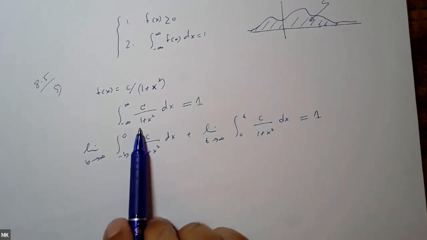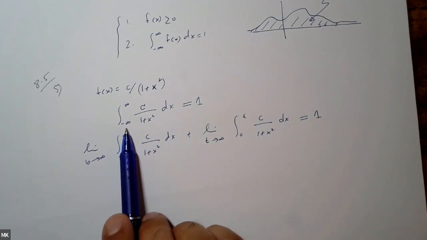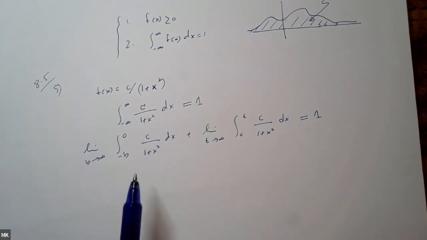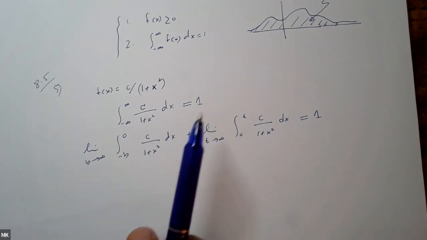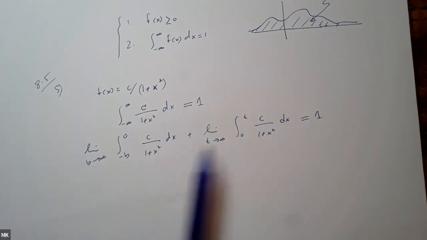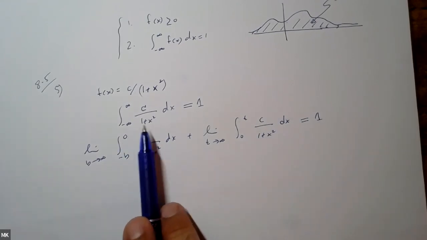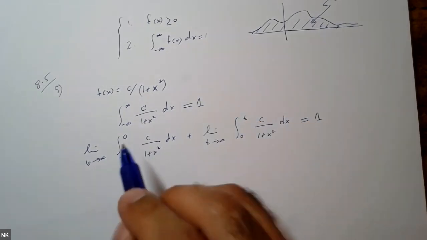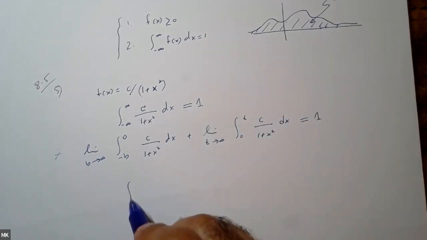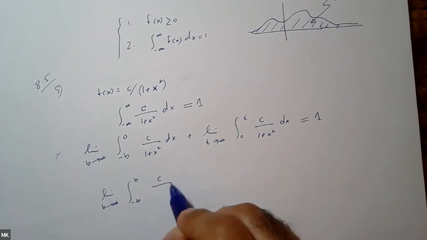For something like this, because I know it converges, from the section before, I could actually do negative b to b. That's not a problem because I know it converges. But if I didn't know it converges, I would have to do this. And if either of these diverges, then you could just say, well, it doesn't exist. But because I know it converges from chapter 7, I can skip this step and go directly to negative b to b, limit as b goes to infinity of c over 1 plus x